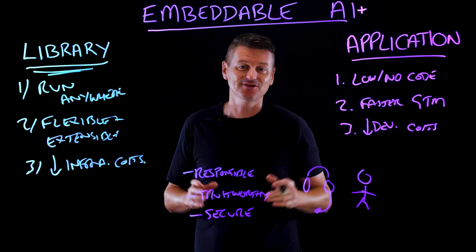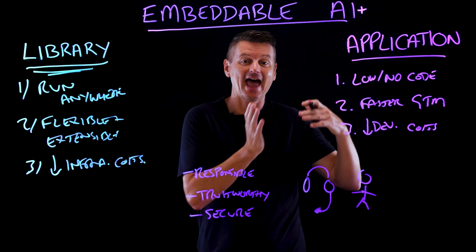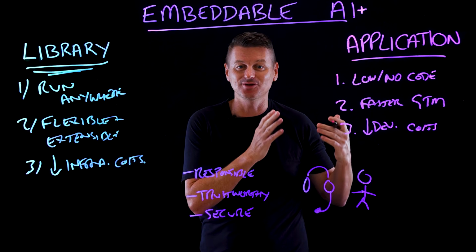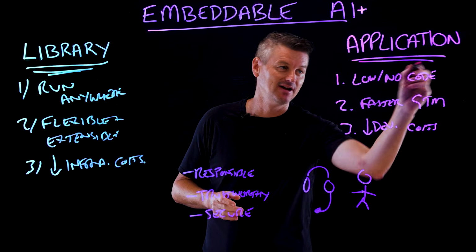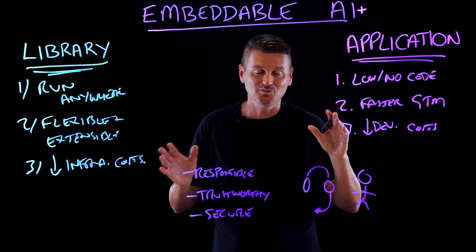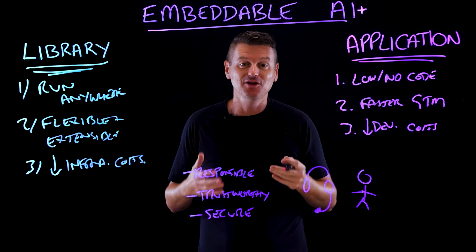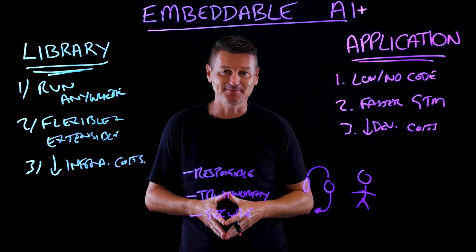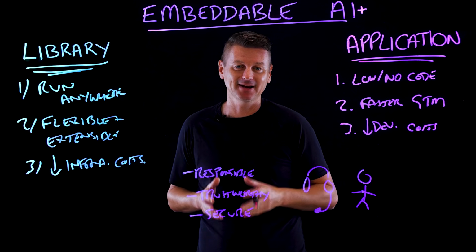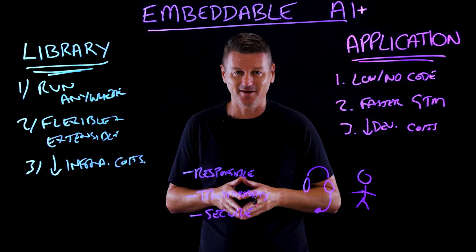If the developer knows that the enterprise's two primary concerns instead are actually expediting time to market and reducing development costs, well, the best option is embedding AI through applications. But whether you choose to deploy AI as an application or as a library, you can achieve the same great results. Both form factors offer flexibility, security, and reliability, ensuring that your AI implementation aligns with your unique requirements and solution.